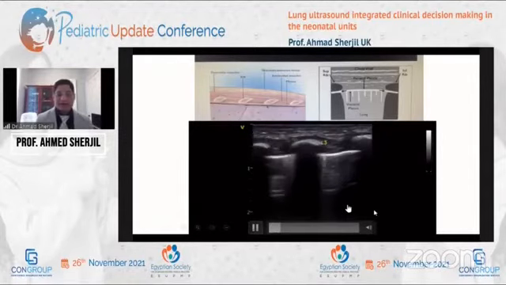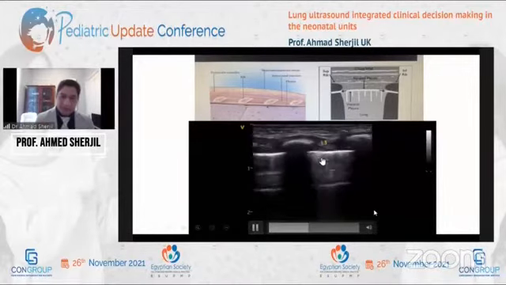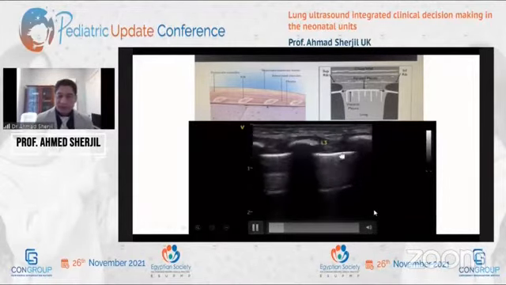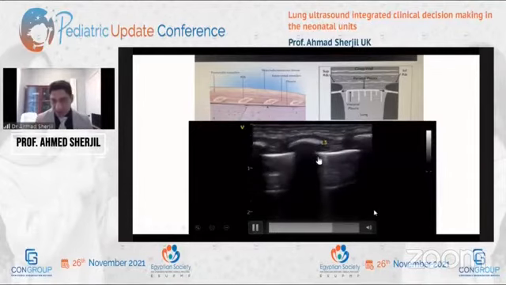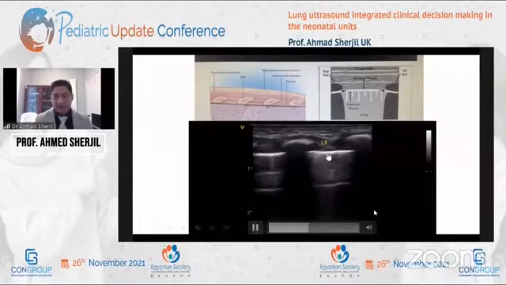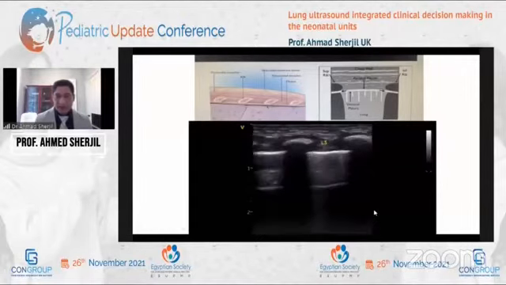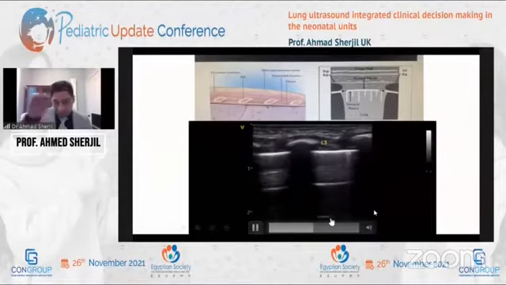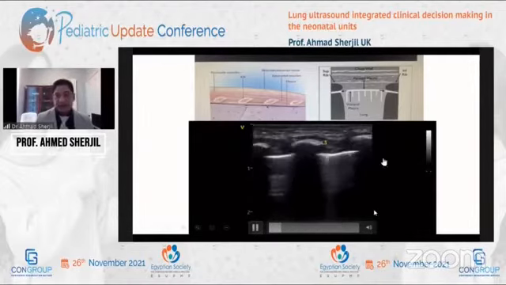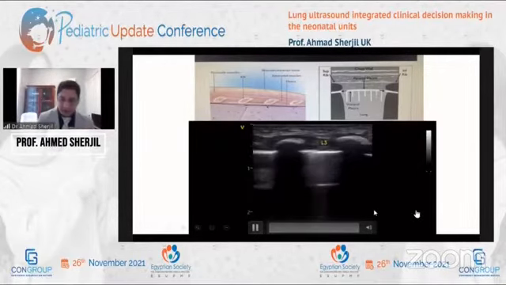They are called the A lines. Now, originating from the actual pleural line are laser beam-like comet tails, which are oscillating as well. They originate from the pleural line, and they go all the way down to the bottom of the screen, and they're moving. So these vertical ones are called the